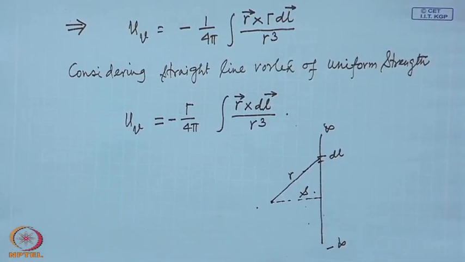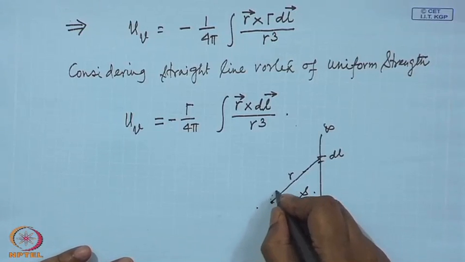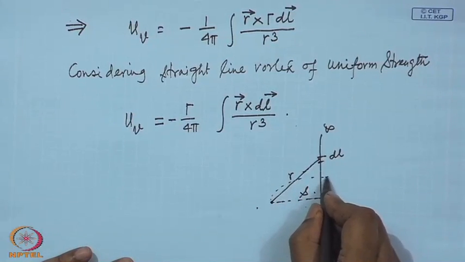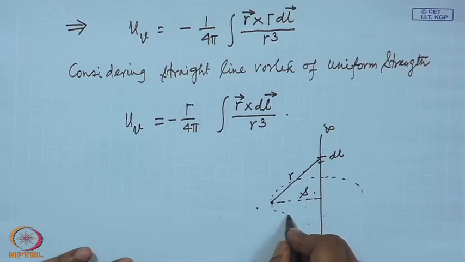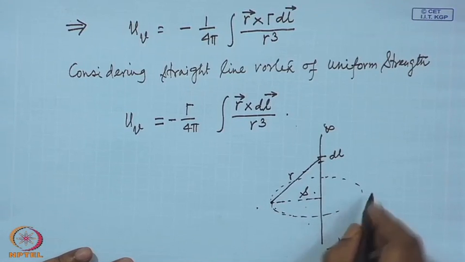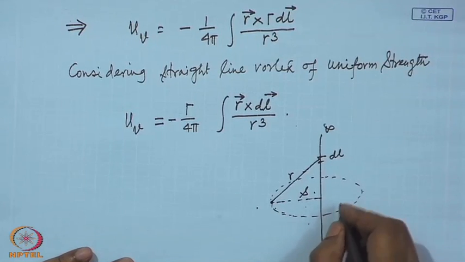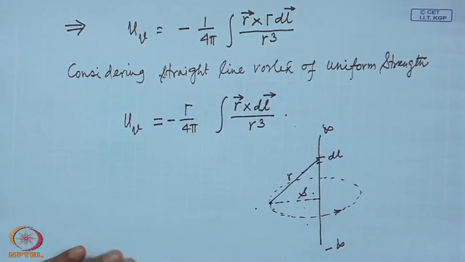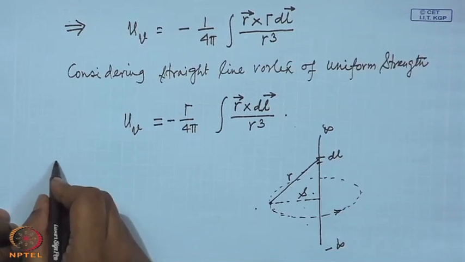So, what will be the direction of this velocity? You see, the direction of the velocity is always azimuthal about this line. This will be the direction of the velocity, and the magnitude of this velocity can be obtained as